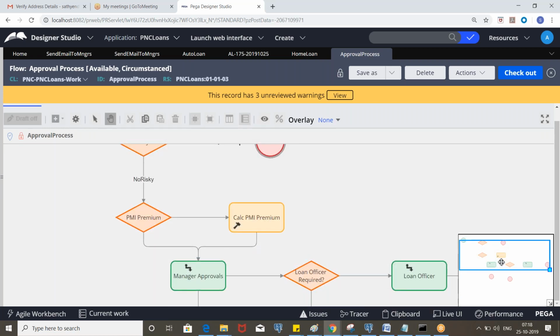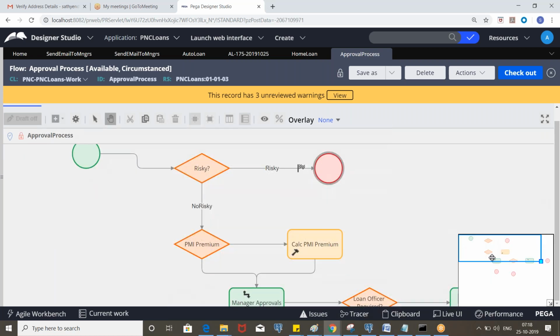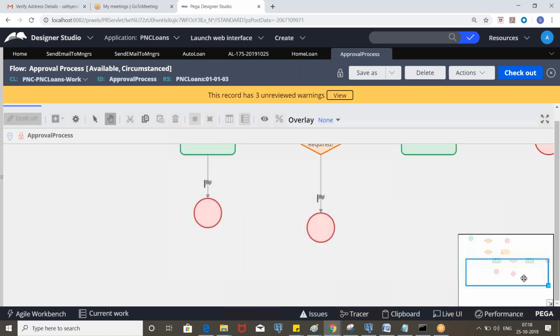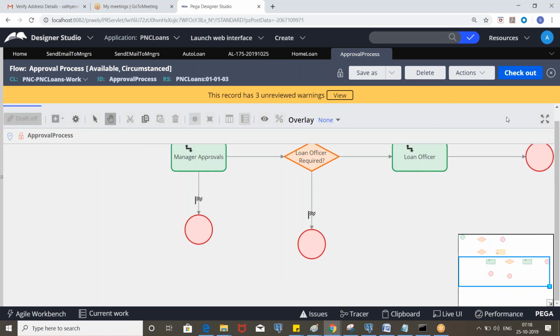If it is not declare on change, we need to call it in multiple places, right? If it is resolved risky, we need to send an email. That means somewhere here we need to call the activity, and again here, here, and here. So 4 different places we need to call the activity.